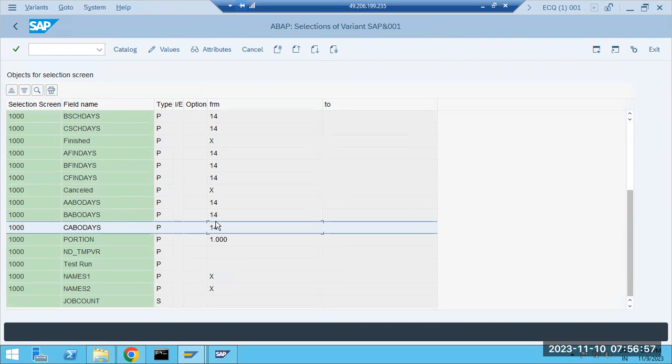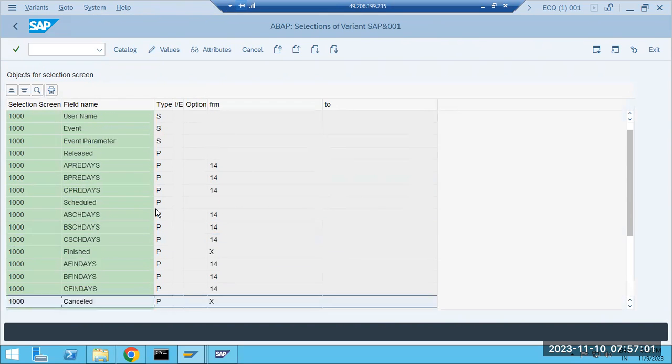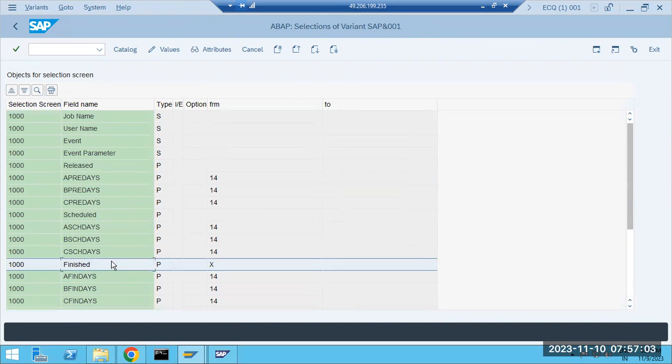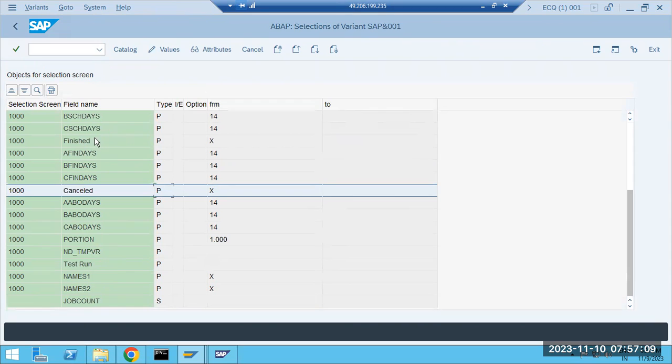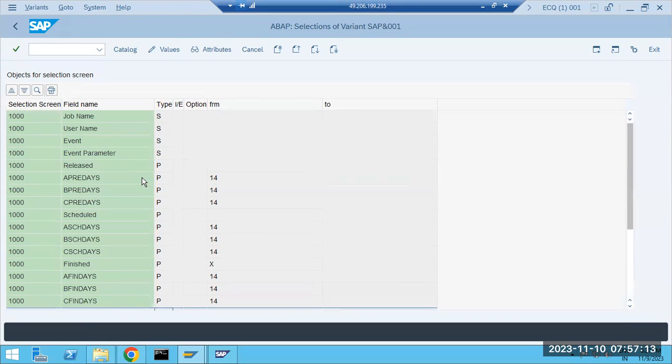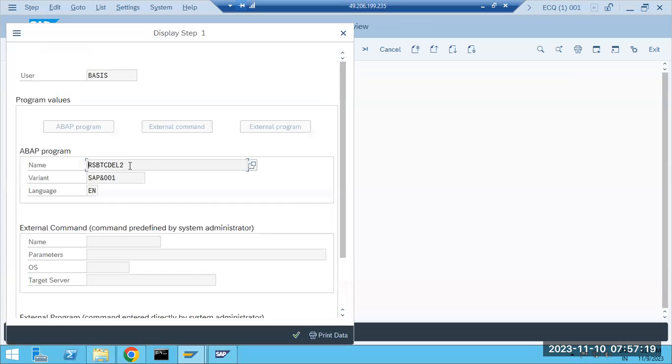It deletes all the cancelled jobs and finished jobs. The jobs older than 14 days are deleted from the database table. If the table is not available, then it will also delete it here. But we can find out the table name here.